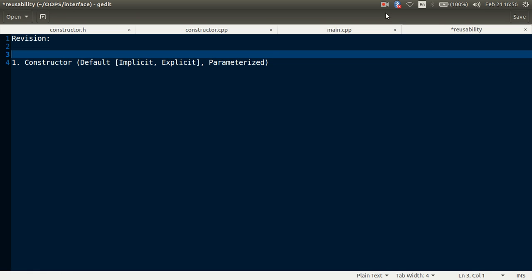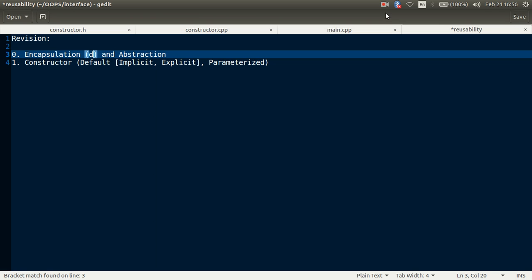Before that, if I say the 0th point, we discussed how to achieve encapsulation and abstraction from the programming perspective.